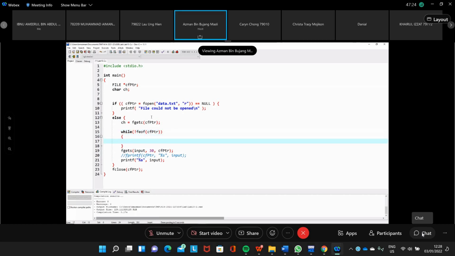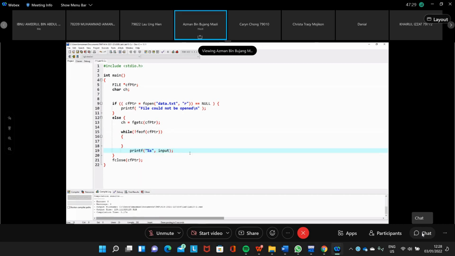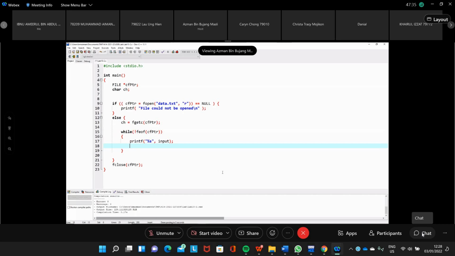Then we put the character on the screen. And then we read the character again from the file pointer. Let's see whether this one works or not.